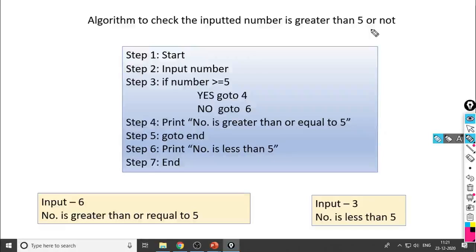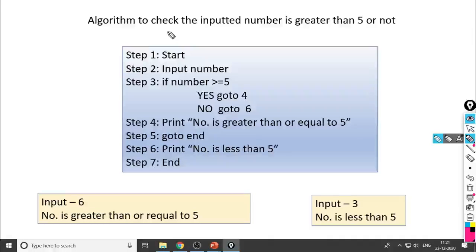First thing, you have to see what the question is. A constant value is not given here. What we have to do here is input a single number and check whether the inputted number is greater than 5 or not.